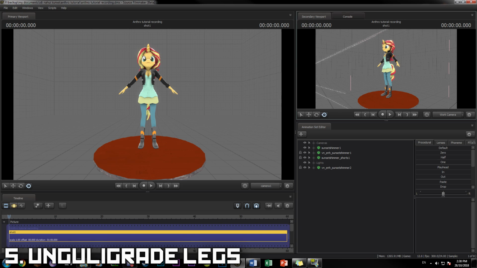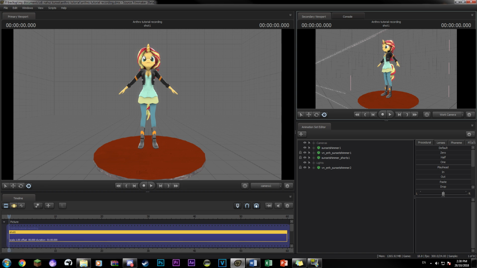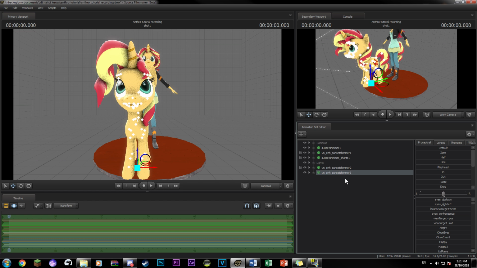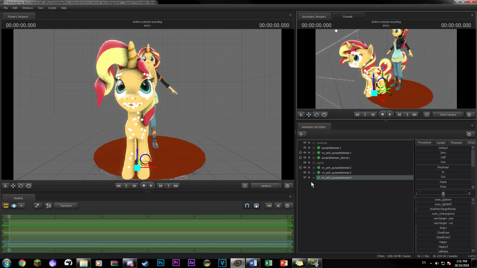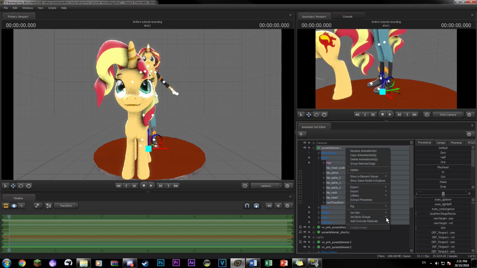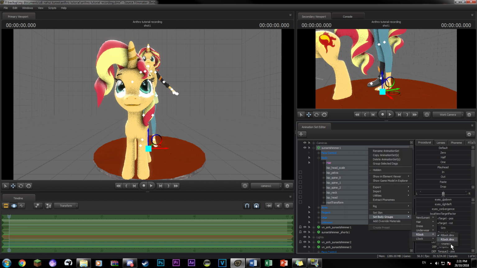Alright, continuing from where we left off in part 1, we have an Antho set up with the head and hair swapped and the tail added. Our goal for this video is to replace the feet with the hooves from the pony model. For this we need to spawn in 2 instances of the pony model because we'll be using 1 for each hoof. We'll also need to remove the boots from the body model as she'll be barefoot in the finished result. Right click the model, go to set body groups and then L sock and click none. Do the same for the R sock.